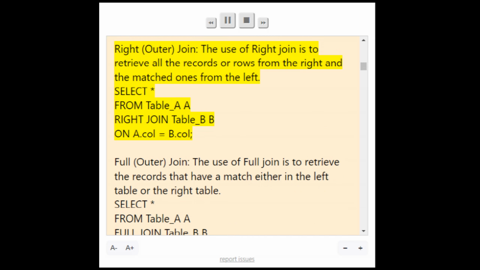Right outer join. The use of right join is to retrieve all the records or rows from the right and the matched ones from the left. SELECT * FROM table_A RIGHT JOIN table_B